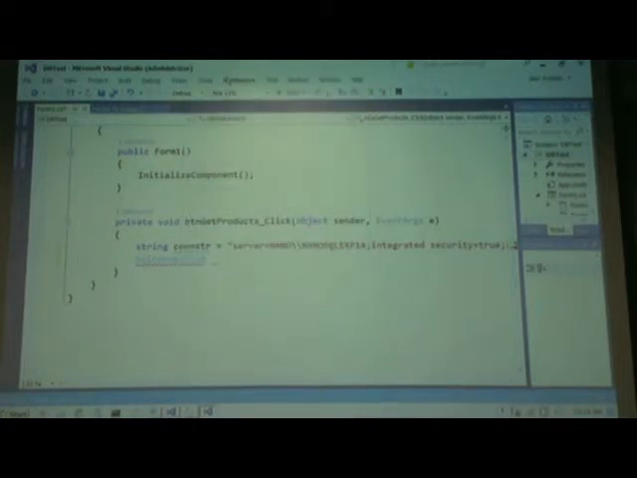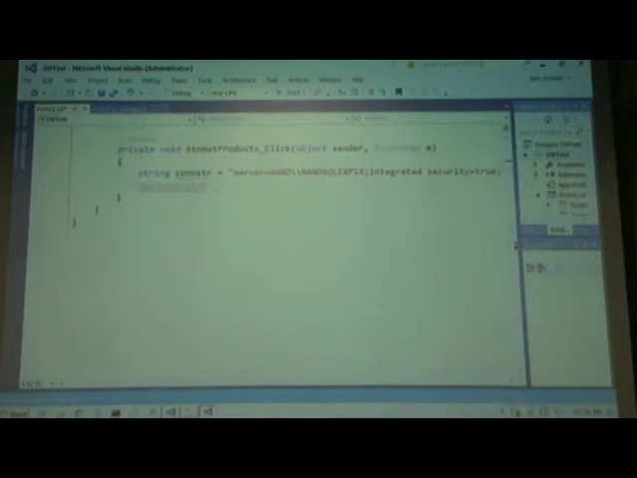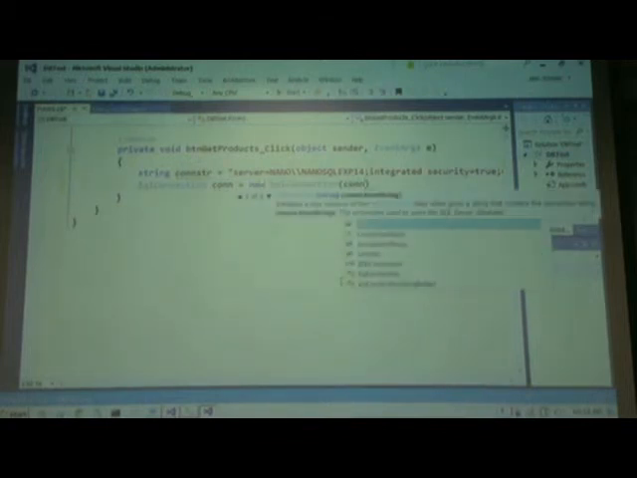What happened? Yeah. Oh, it took a while. So it basically added this line over here, System.Data. Okay, so anyway, SQL connection con equal to new SQL connection, and we will put the connection string